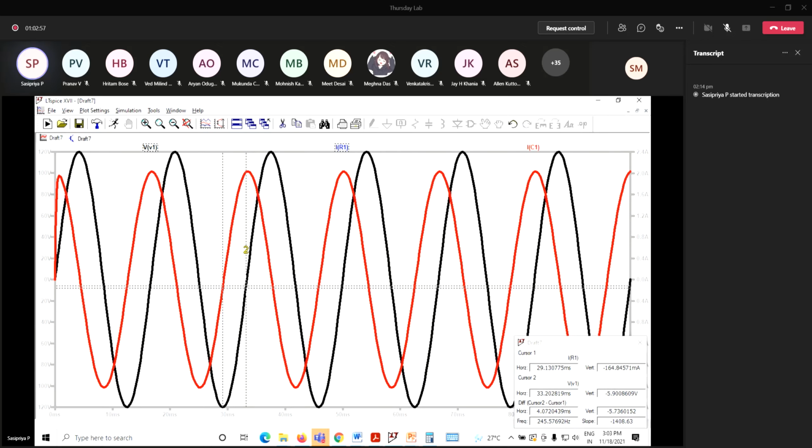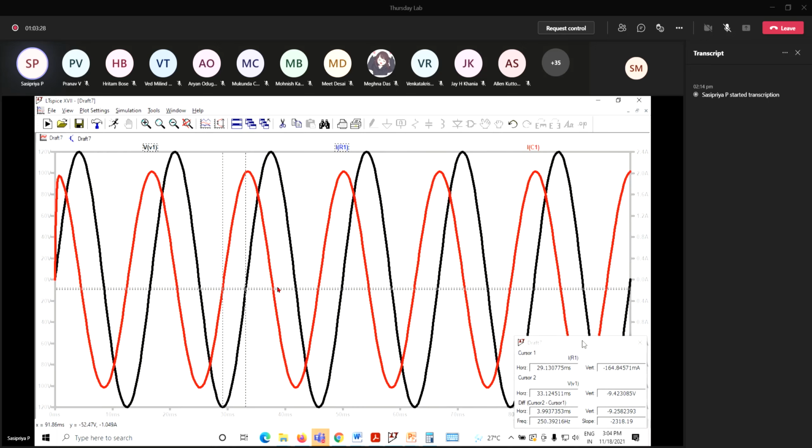That's why it's very difficult to place exactly at the zero crossing. That's why we say approximate, not the exact value. Okay. Somehow I'm able to keep it. So this is cursor 1, which corresponds to the red color. The red color is the current, and this is its zero crossing with cursor 1. This is cursor 2. Cursor 2 is for the black color waveform, which is the voltage waveform, at the zero crossing point of the voltage waveform.